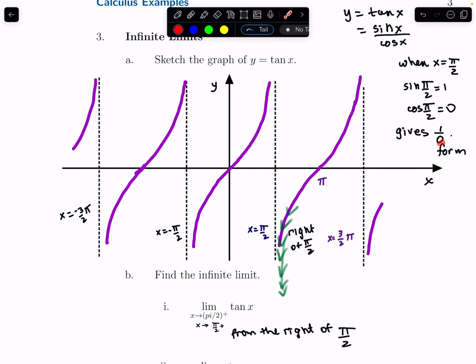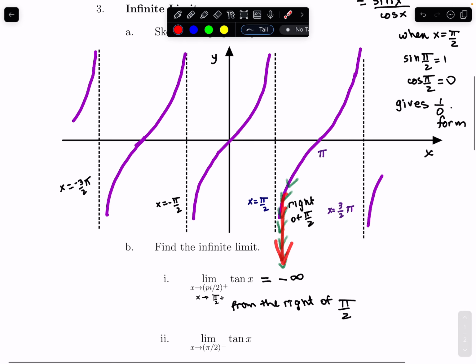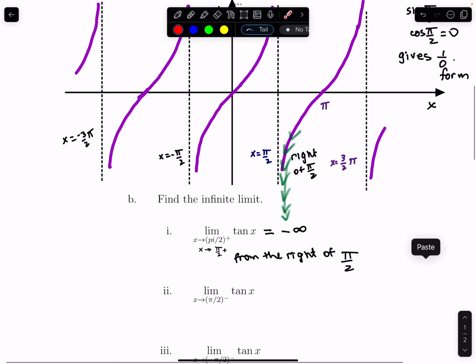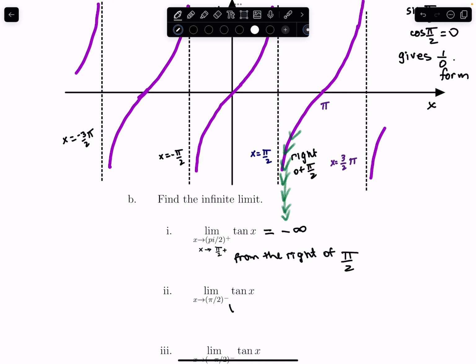And because it's from the right, it's going to be a small negative, and the ratio gets larger and larger negative. Anyway, the answer is negative infinity. This down, down, down through the floor, that's an infinite limit. It's going downhill. And this is from the left